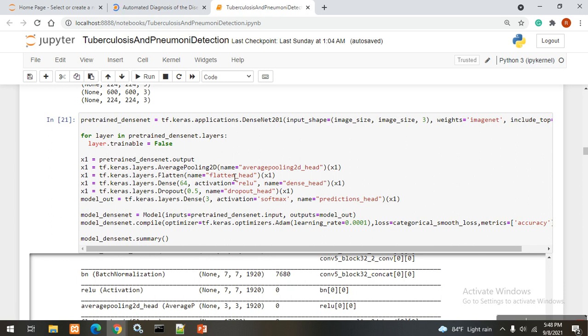A loop that iterates through the layers in the pre-trained DenseNet and sets the trainable parameters to false. Define variable x1 and assign the pre-trained DenseNet output to it. Set the average pooling operation for the data, and here